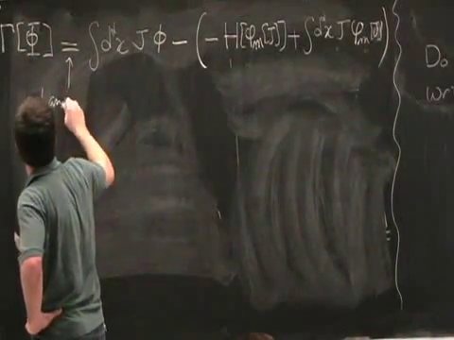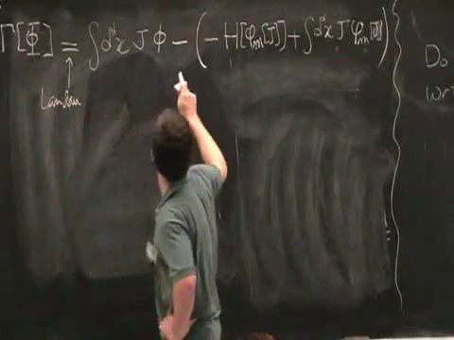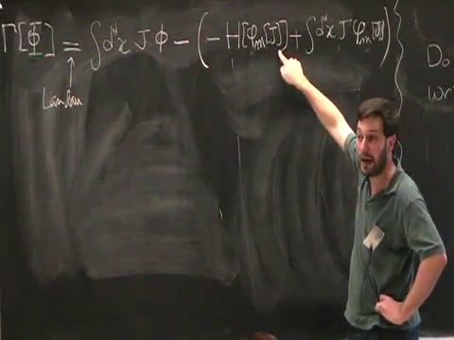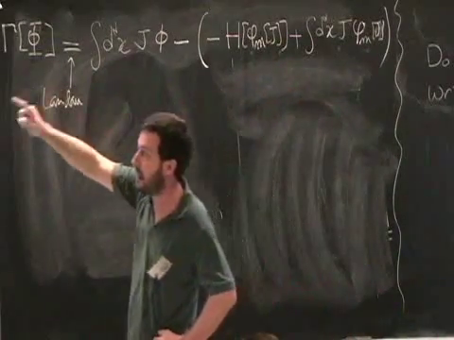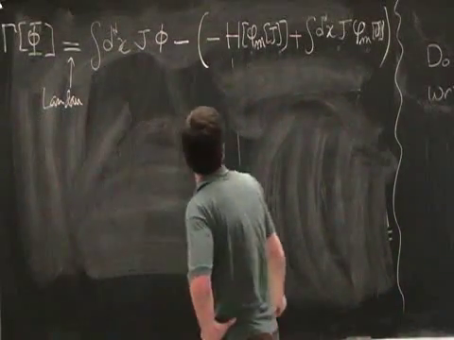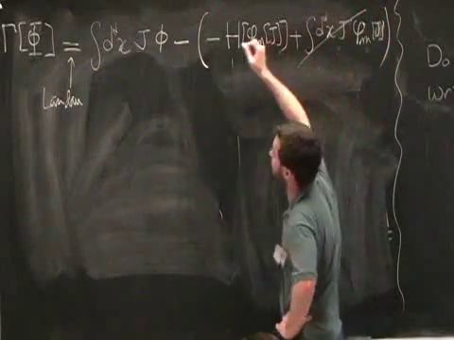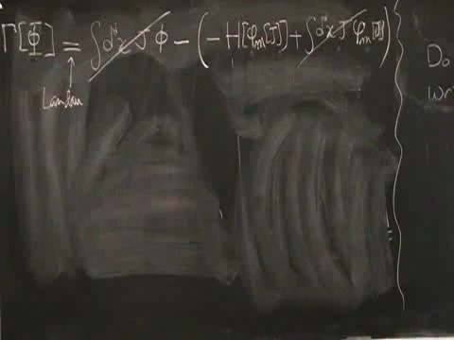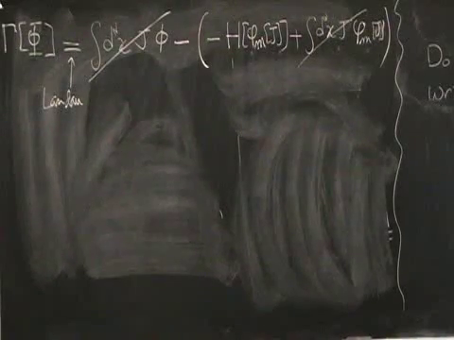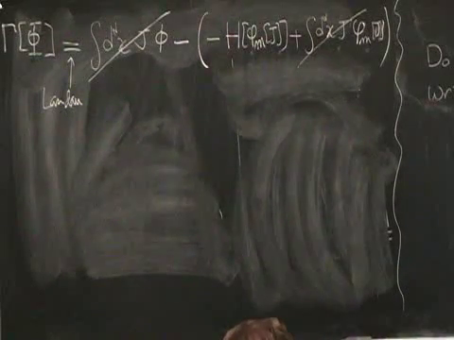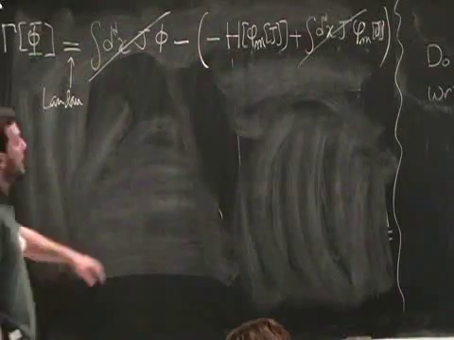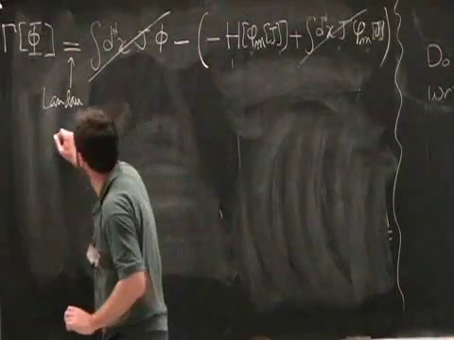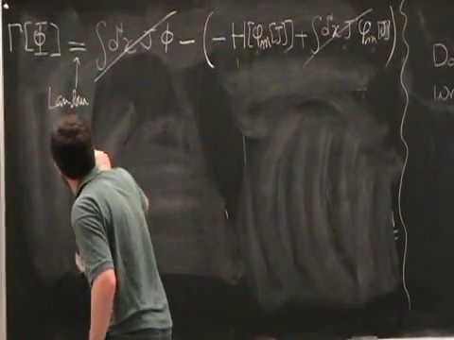Landau. But in Landau, I can replace phi m by capital phi. So this term cancels with this term. Because at the mean field approximation, phi m and capital phi are the same thing. So I can also replace here phi m by capital phi. So I arrive at a very, very simple expression